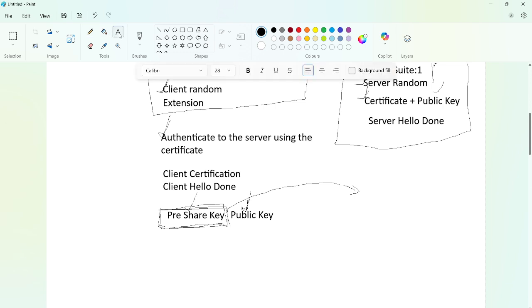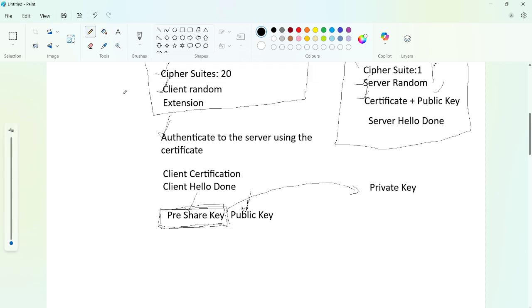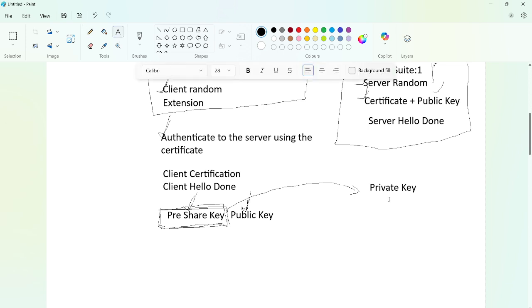And what will the server do now? The server has a private key along with the public key. Using this private key, it decrypts the encrypted pre-shared key received from the client, and then it sees the pre-shared key.